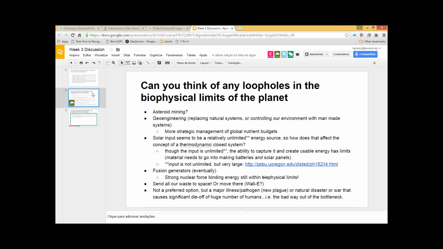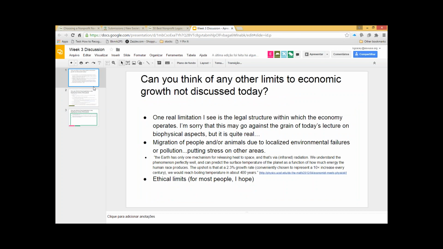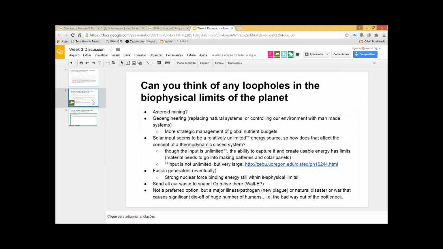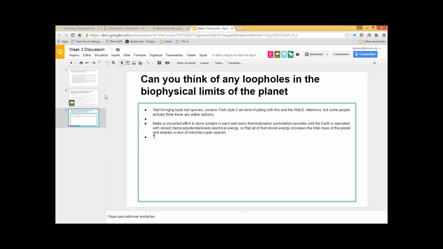I like the other one on here that essentially sounds like the plot to some sort of sci-fi movie where we make an immortal super species. Right. And it's funny because some of them do, like, these are movie things. Jurassic Park is a movie. WALL-E is a movie. These are concepts that are kind of ridiculous, but at the same time, we have to be like, maybe that is a possibility that we'd have to look into if we get beyond a certain point. A little scary.